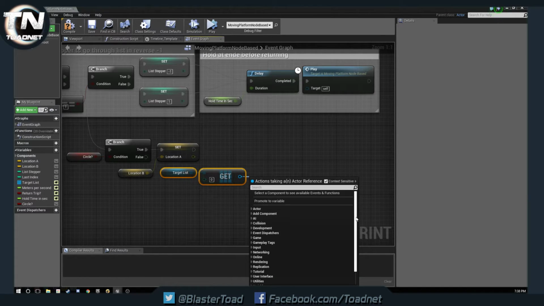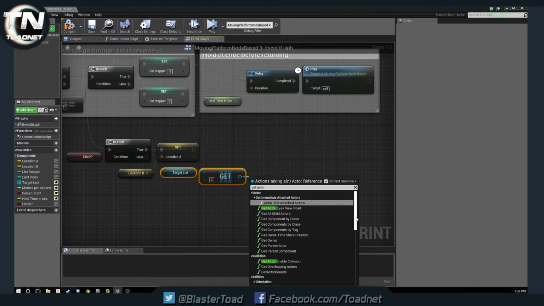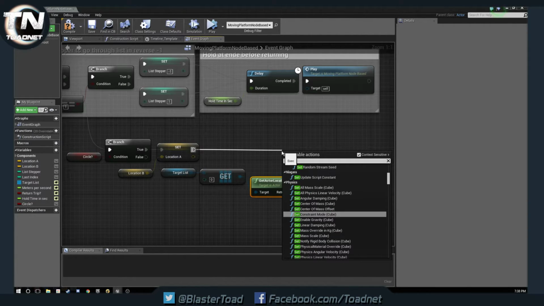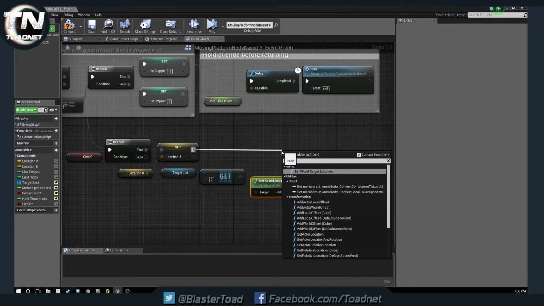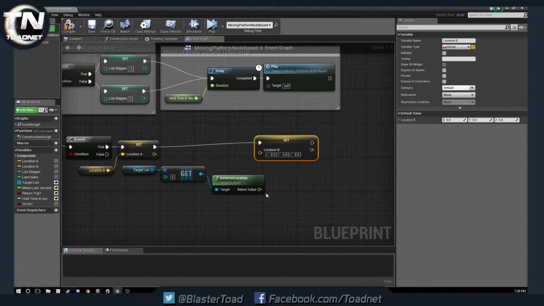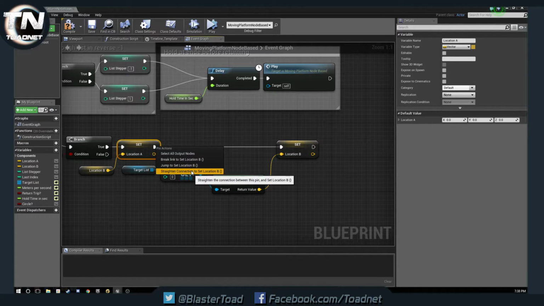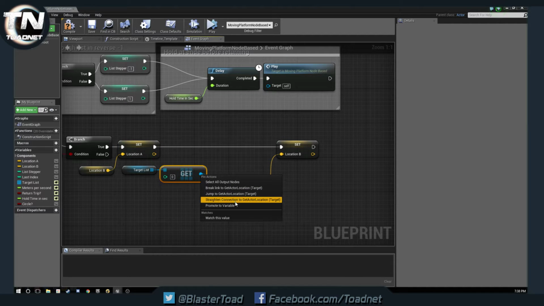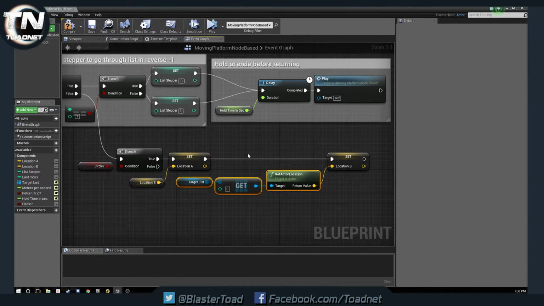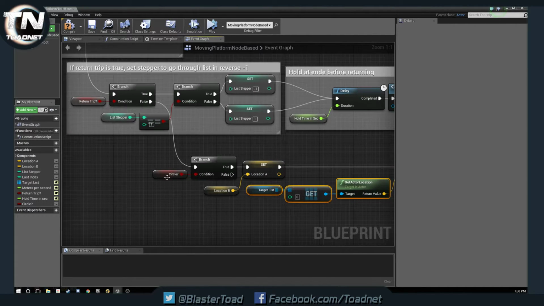We are going to get actor location, and then we are going to set location B. Okay, so we get it first and save it in location A, and then we are going to reset location B to the original point. Okay, and what this lets us do is then if we do the tick right here,